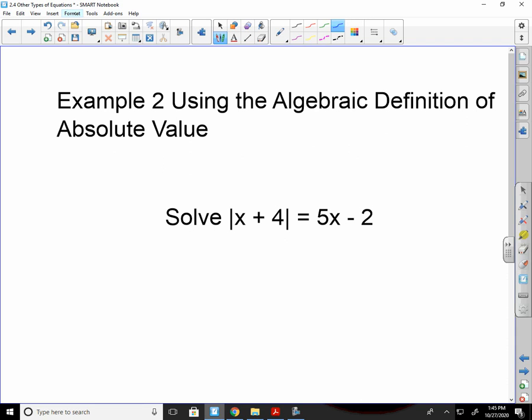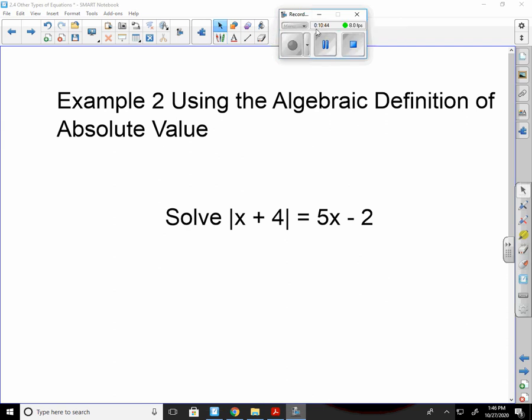Example 2, using the algebraic definition of absolute value. So when we use this definition,